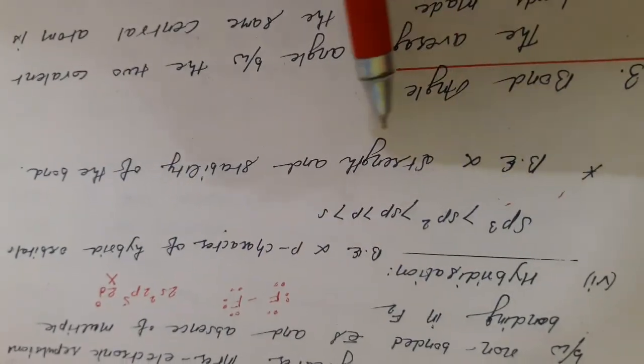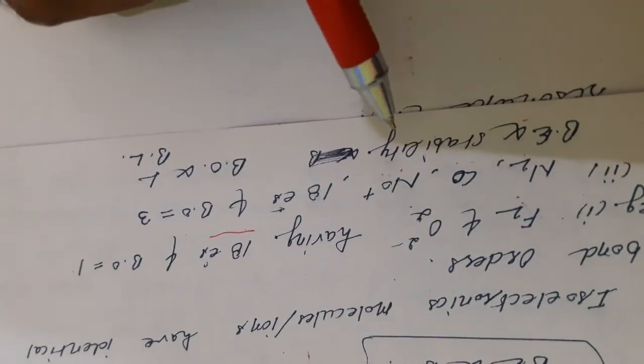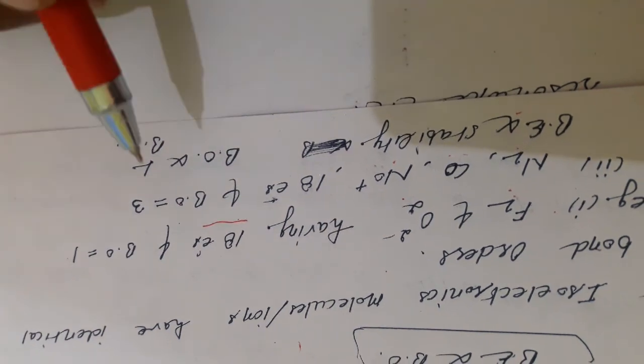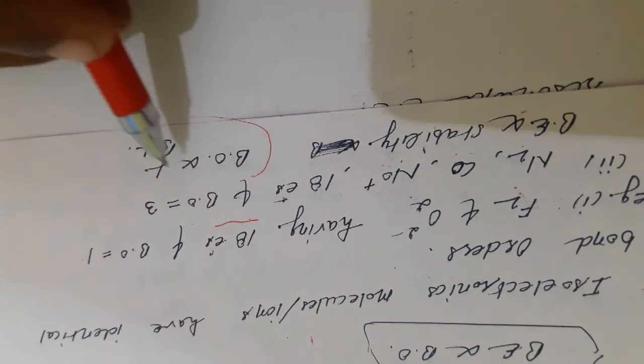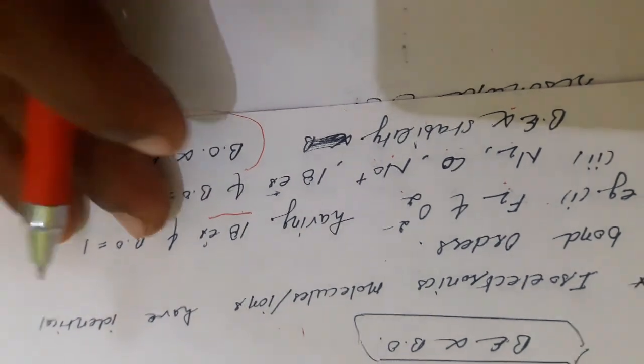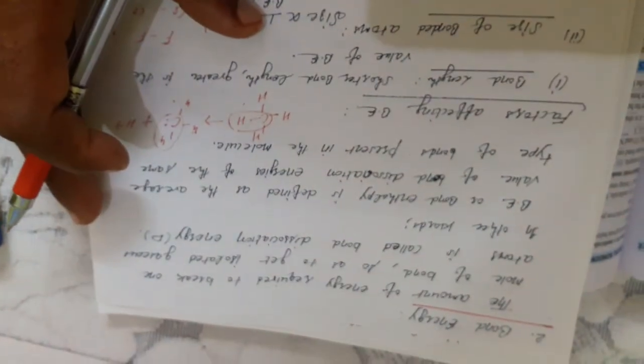And in the last, bond order is directly proportional to stability. Bond energy is directly proportional to the strength and stability of the bond. Similarly, bond energy and bond order are directly proportional to the stability of the molecules. And the last relation you can see: bond order is inversely proportional to the bond length. So this is all about the parameters which are important to give as reasons or need to understand.